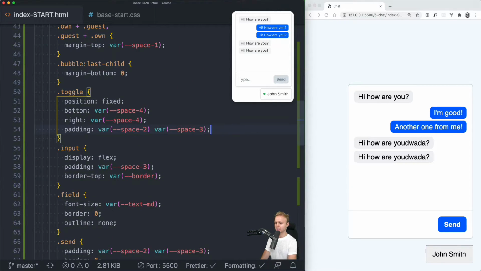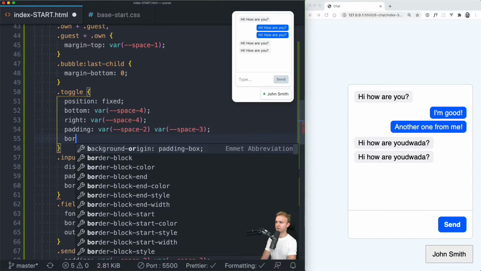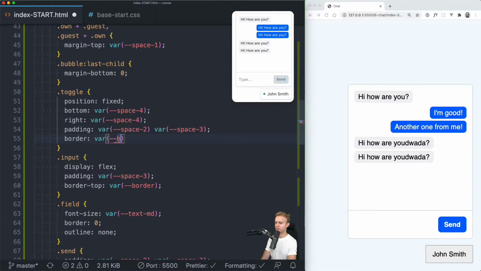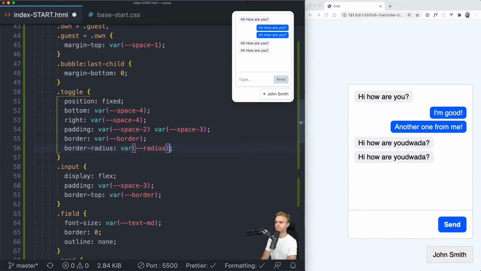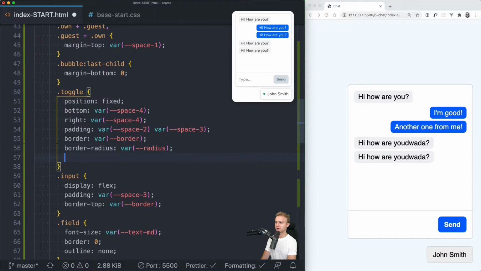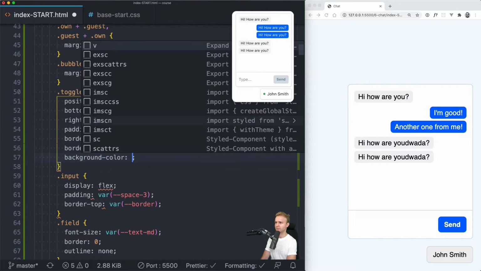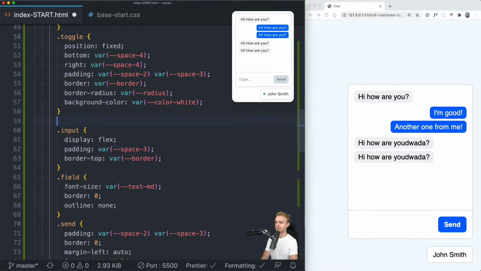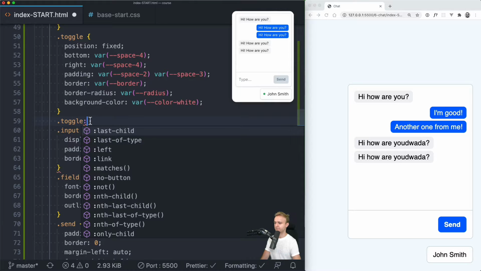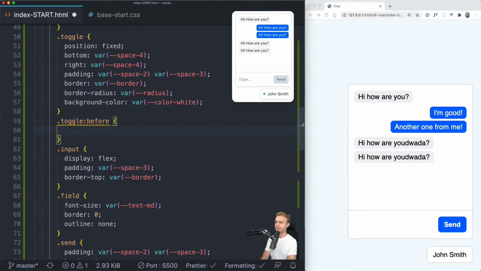Back to the toggle. Okay, we were here. Then let's get rid of or set the border to be something different. We want our own border. It's going to be the border variable, and then border radius to be the radius, and then background color to be white. One thing we want to add is the little indicator here of the status. So let's do that as a pseudo class first. So I just add another one, toggle, and then before. And here we can set the